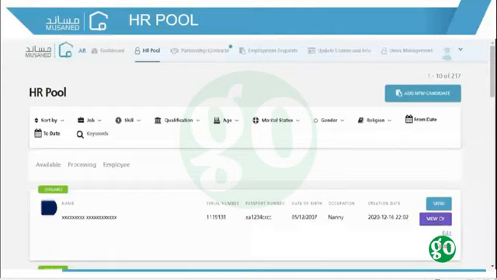After that, the system would generate the candidate details in PDF format, where the user can easily download the file or print the file by clicking on the print icon or the download icon.